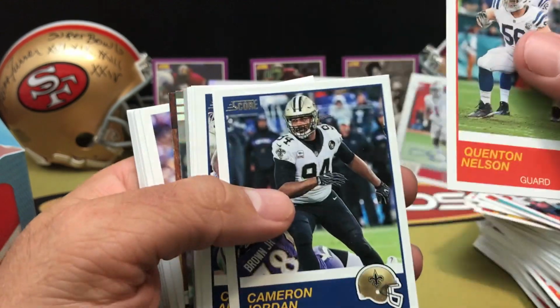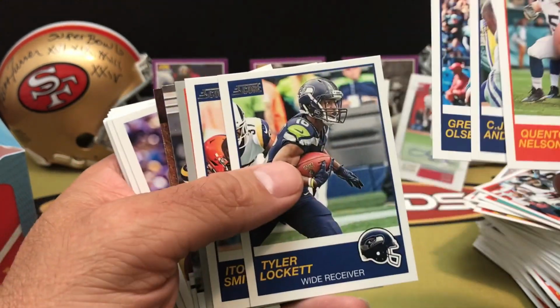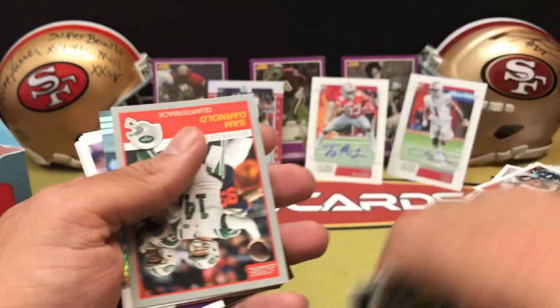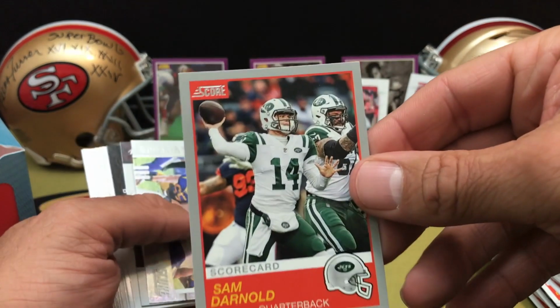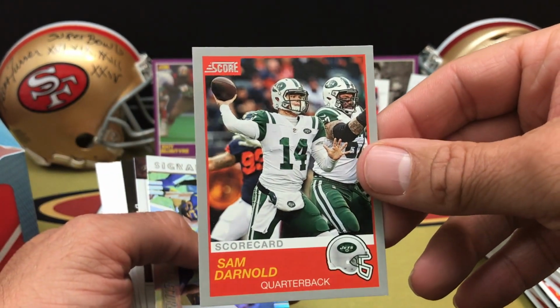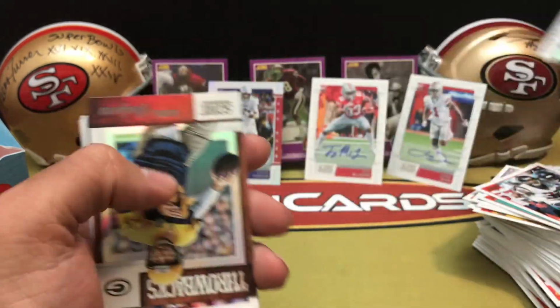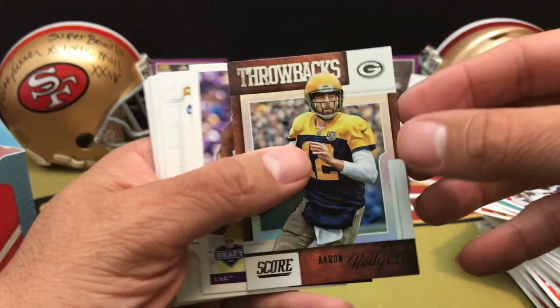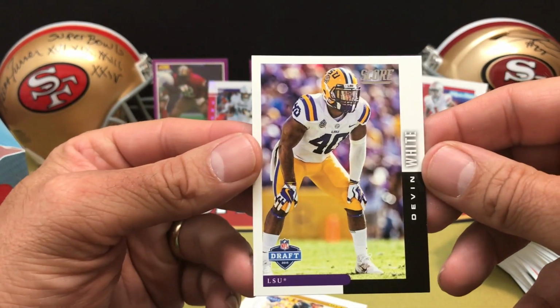Patrick Peterson, Quentin Nelson, Cameron Jordan, C.J. Anderson, Greg Olson, Tyler Lockett, and Ito Smith. And we have a scorecard of Sam Darnold. Good looking scorecard there. We've got signal callers for Jared Goff, throwback for Aaron Rodgers, draft card for Devin White,